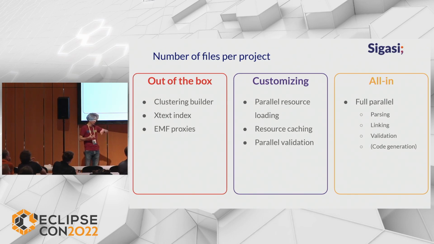How can we have more parallelism beyond parsing, beyond validation, beyond code generation, which is also available? Parallel code generation is available in Xtext. It's not strictly relevant in our context, but if you are interested, I think the Xbase code generator is per se parallel. So what we wanted to achieve was parallel parsing, linking, and validation. And for that, we had to